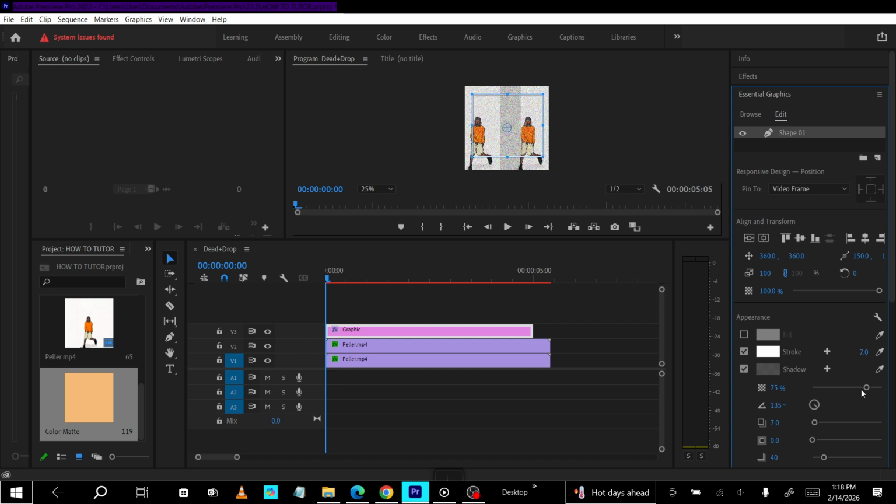Play through a few seconds of your timeline to confirm the border looks consistent on all your shots, especially if you're mixing different aspect ratios or resolutions. That's it. You've created a clean, adjustable border using a transparent fill and a customized stroke. Save your project, and if you think you'll reuse this look, consider saving the graphic as a